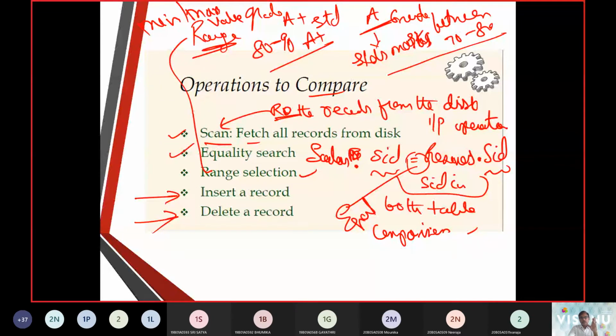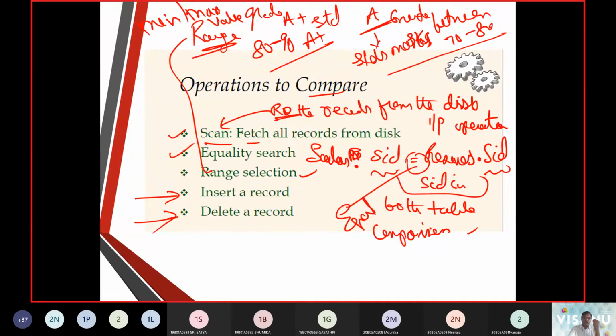So I get students in A plus grade. That means students who get marks from a minimum of 80 to a maximum of 90. I pull up the students and give those students A plus grade. That we call a range selection.